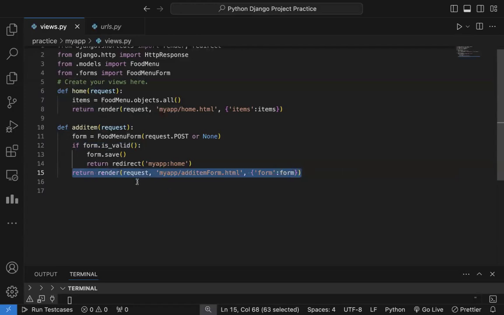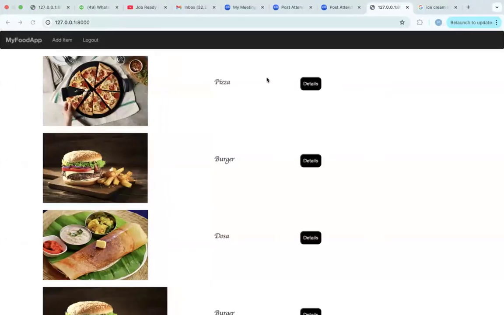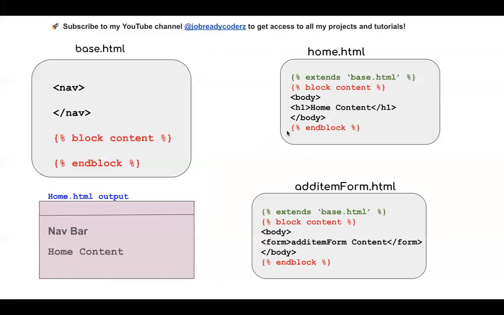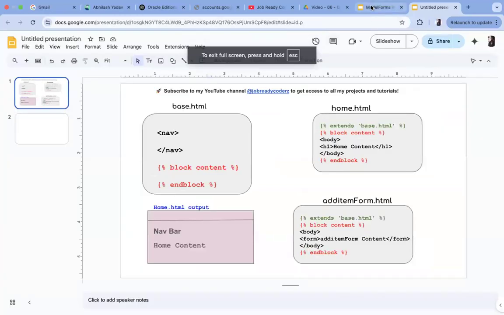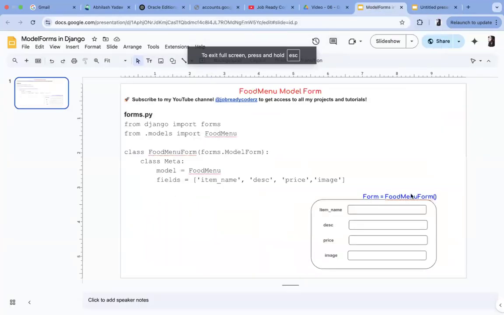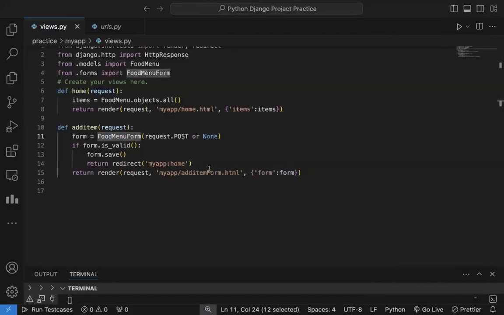And what this statement is telling is that whatever form you have created here, it is the object of this food menu form. Creating an object for the food menu form, we discussed maybe in the last-to-last video. When we create one object for the food menu form, actually one form will be created like this. Okay, understood. So here I am telling, whatever object you have created, in that object, has the user sent